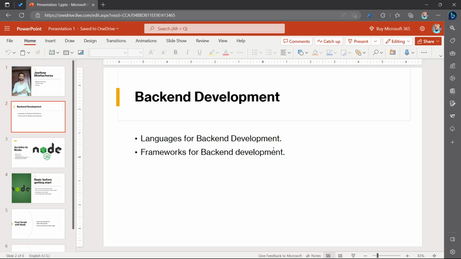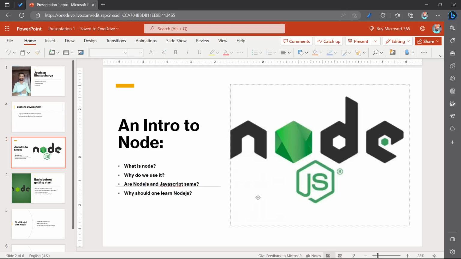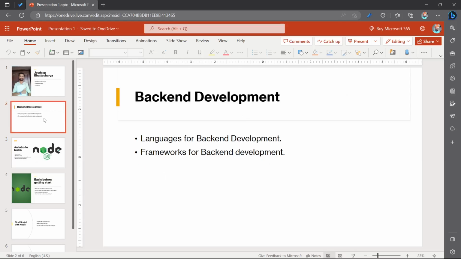In this course we are going to explore Node.js for backend development, and for the framework we're going to use Express.js. Now coming to the next slide. You may have a question: what is Node basically? Let me tell you, Node.js is not a language. Node.js is a runtime environment. As in my earlier slide, there are so many backend languages.